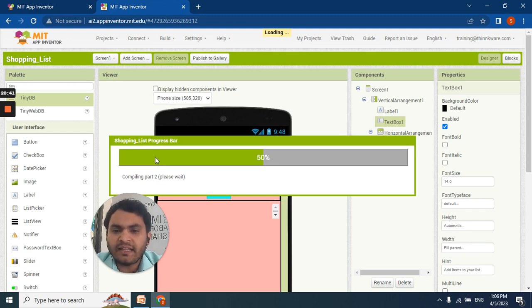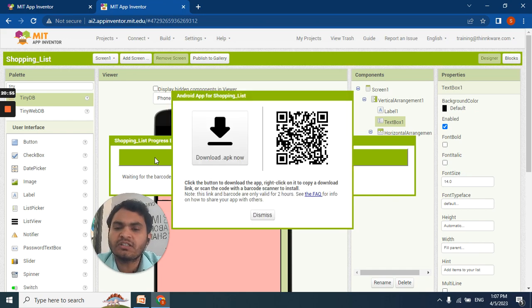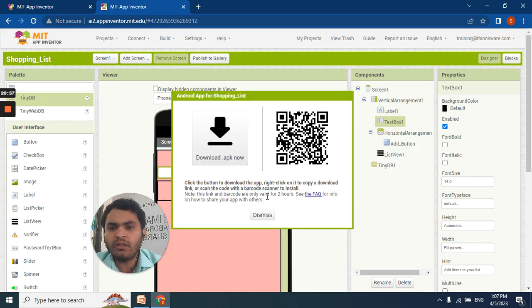As long as it is processing, let me tell you about the .apk file. APK stands for Android package, sometimes also known as Android package kit or Android application package. It's the file format that Android uses to distribute and install apps. Here we'll have two options. Either we can download this APK file to a computer, or we can scan this using a QR and barcode scanner app.